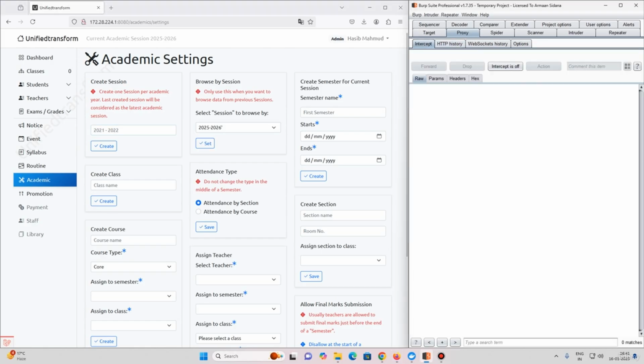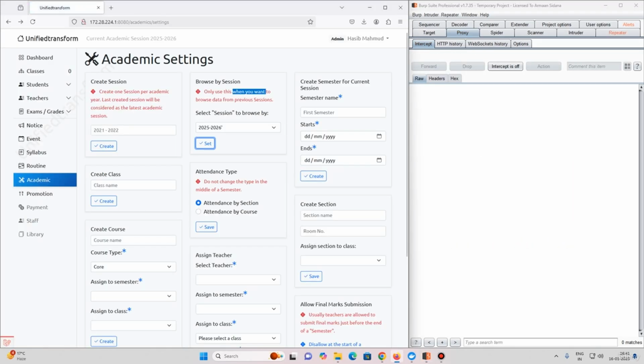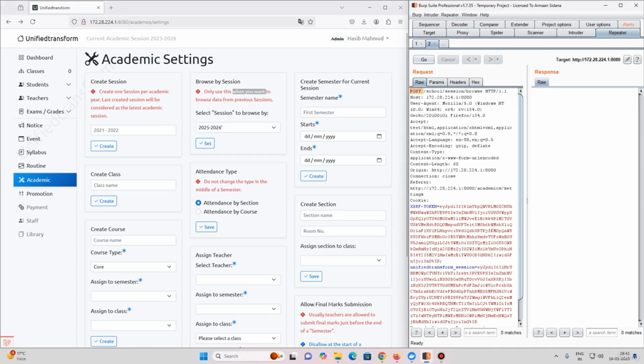There's no option to delete a session. Only use this when you want to browse data from previous sessions. So it's like that. Session ID is one. So if I alter it a bit, I drop this particular request, go back. If I alter it a little bit, so if I write delete,